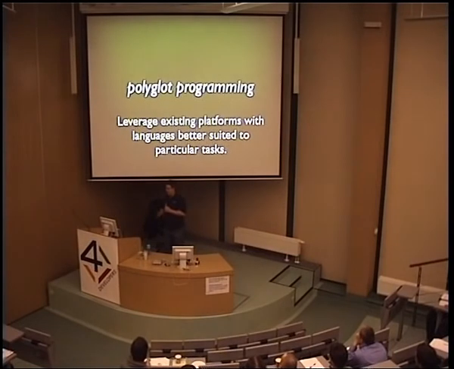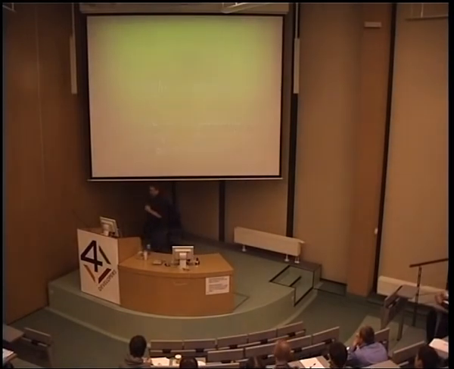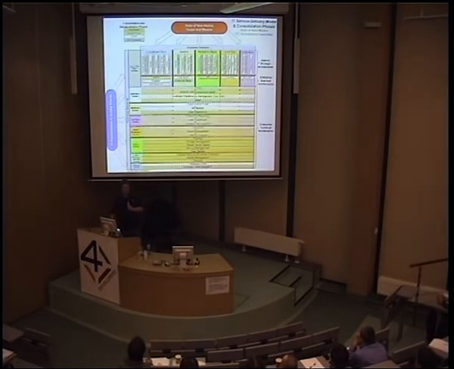One of the things that I'm really fond of is this idea of polyglot programming, leveraging existing platforms with languages better suited to particular tasks. I think we're coming to the end of the days when there's one true language to rule them all, that every single thing should be written in Java, and every single thing should be written using EJBs and portlets and all that crazy stuff. There are better tools for certain problems. You keep seeing these layered applications like this that just make my eyes bleed. What I want to see is a layer that looks more like